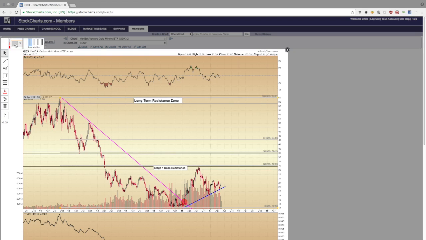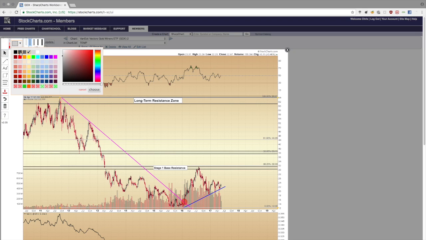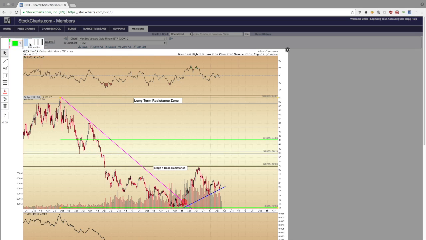Okay, now I'm going to make this a little darker just for the moment. I'm going to use a color that I don't usually use for this purpose, just so you can see it. Let's just put them in green for a moment. We'll make it a light green here or something like that. Okay, so what we're talking about with Fibonacci levels, these are retracement levels.